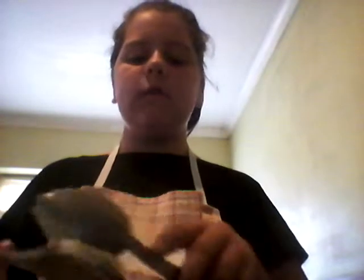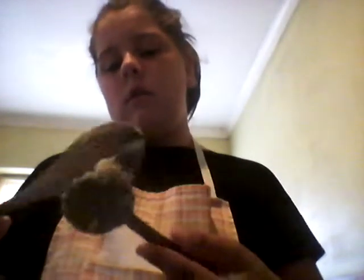I'm going to go ahead and use my electric mixer, and I'm just going to scrape it off because it's gone really sticky now. It will be really sticky if you touch it. Make sure you've got clean hands before you start doing this as well. I forgot to say that at the beginning. Yes, make sure you've got clean hands. Now I'm just going to beat it up and I will get back to you as soon as it's...